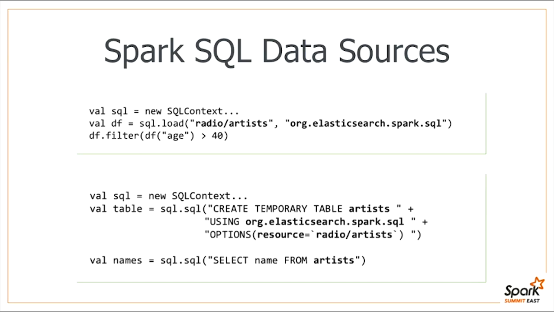If you still want to use the Spark 1.2 style, we still support that. So rather than using SQL load, which was not available, you can just use plain SQL, which is create a temporary table, which is backed by this provider, in this case, Elasticsearch. Now, if you're using Scala or Java, there isn't any difference here, it's whether you prefer strings, which are more declarative, or you want to write code, potentially you're going to pick the latter. For Python, you don't really have a choice.